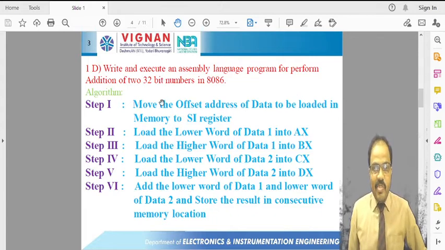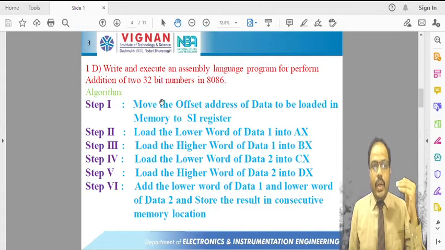So first we have to fix the offset address where we are going to store these 32-bit numbers. First we move the starting offset address of the data to be loaded in memory to the SI register.